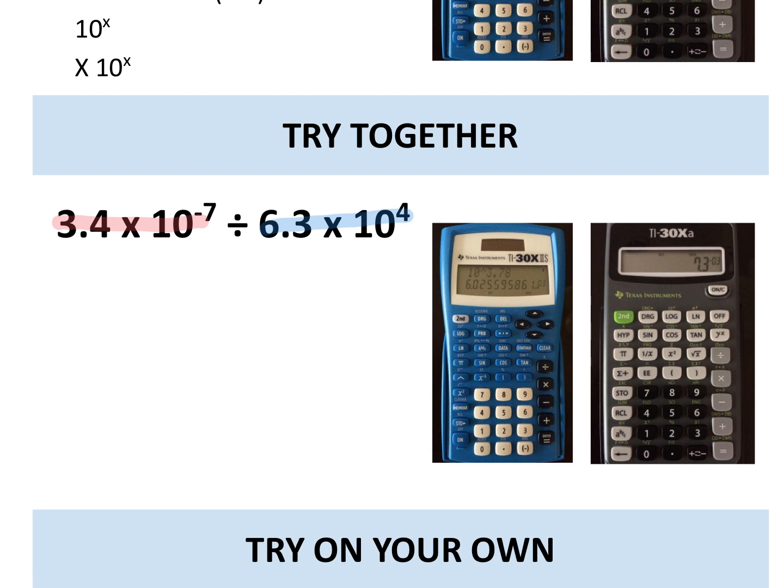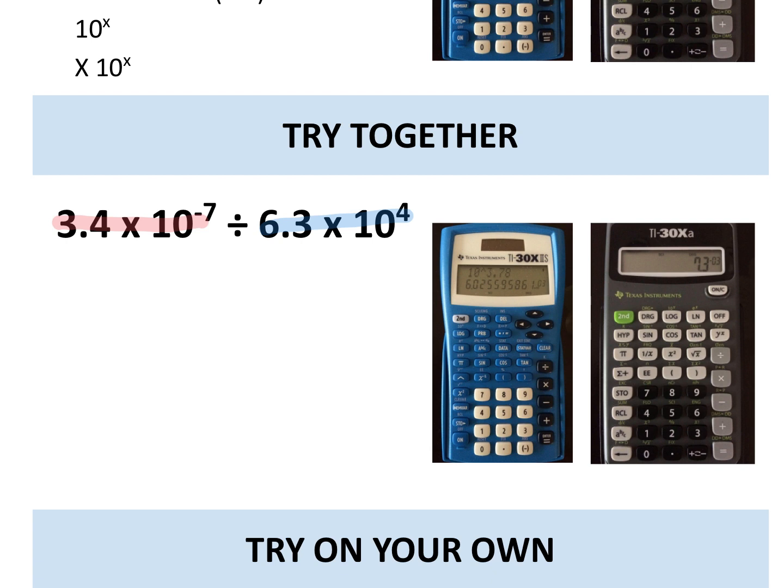So if we're dealing with the TI-30X2S, I will type in 3.4. I will hit my second EE. So remember, we'll do my 3.4 second EE. And because I have a negative 7, I'll type the negative button. I'll insert 7. Then because my function is a division, I will hit my divide button. And then I will continue with 6.3,